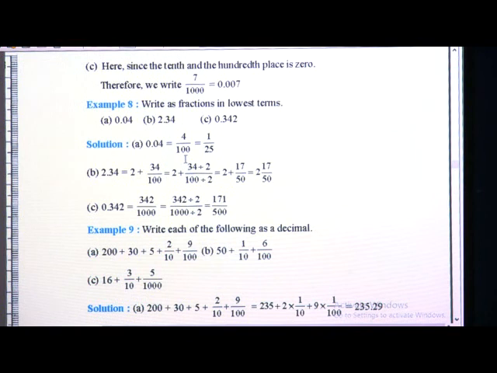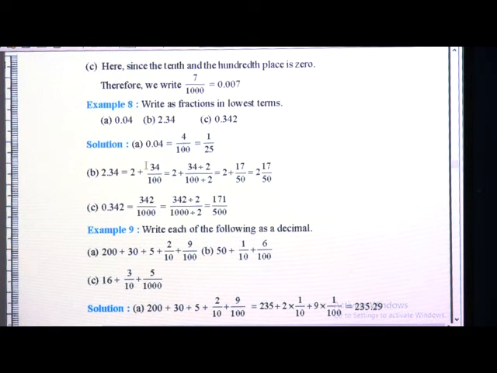4 by 100. Students, if we have only 4, that is 0.4, then 4 is in 10th place. So, our denominator would be 10. As 4 is in 100th place here, we have the denominator as 100. So, the fraction becomes 4 upon 100 and then it can be converted into lowest form: 4 ones are 4 and 4 25s are 100.